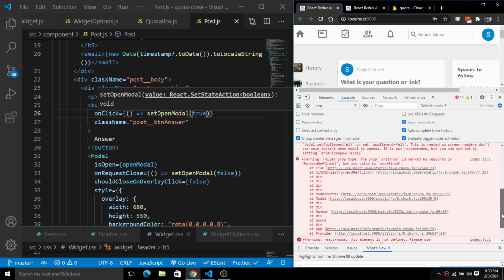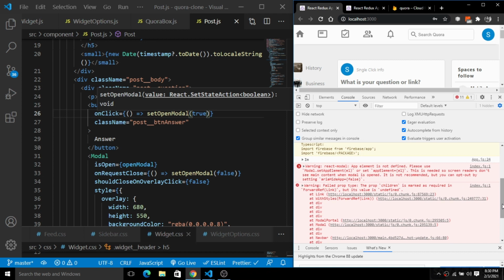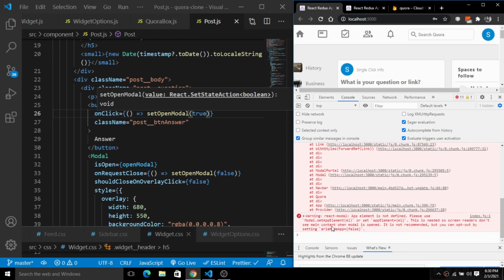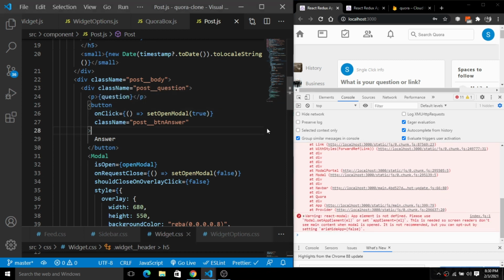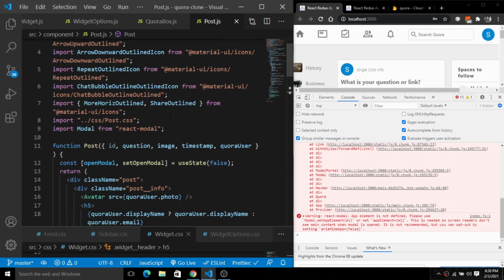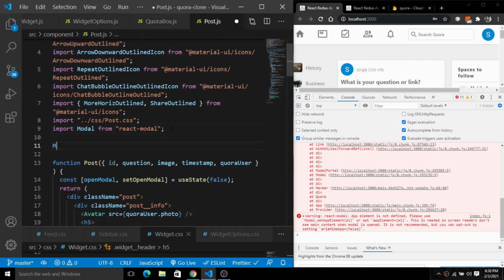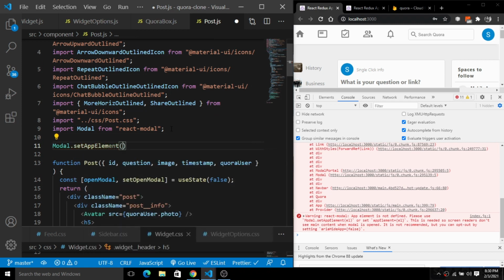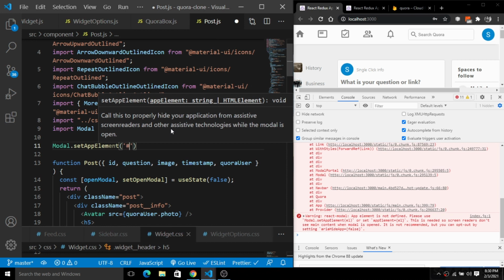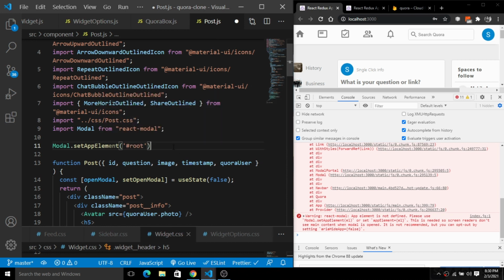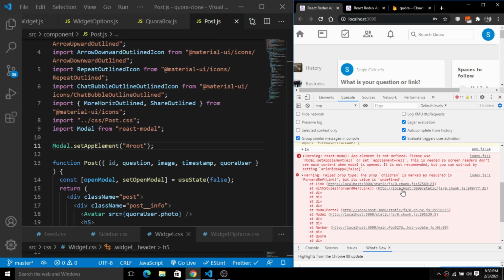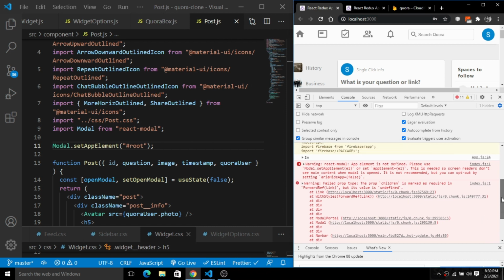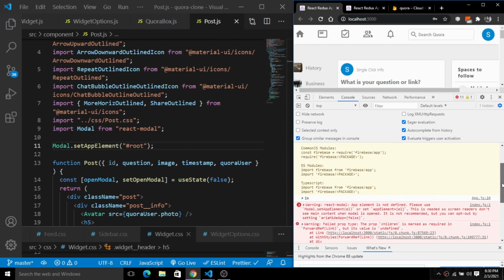So I'm going to simply set it here. You guys have to simply set it here. I'm going to set it first of all to avoid the warning. So here we have this Modal.setAppElement, and we have a root element. So that's why we will simply pass root just like this. Next, after that the warning will be removed. Okay, so let's go and find the exact error that we are getting here. Okay, so we have these things here.